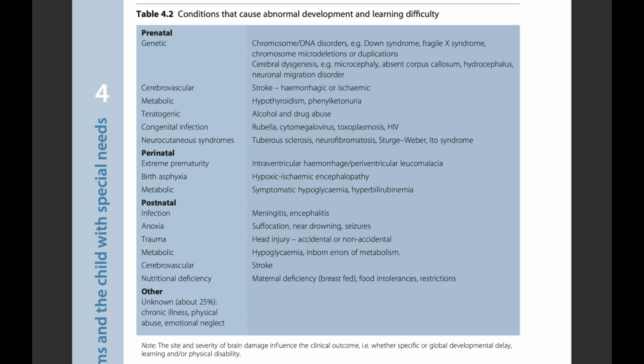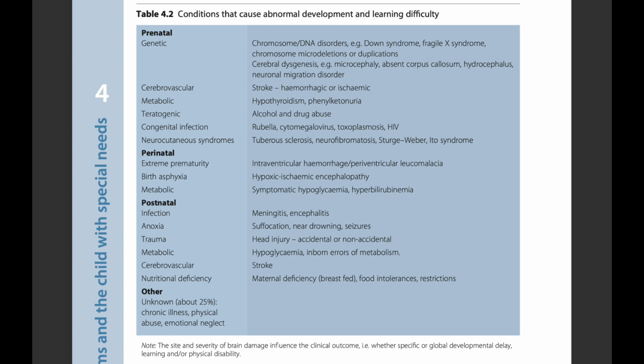Perinatal: extreme prematurity, intraventricular hemorrhage, periventricular leukomalacia. Birth asphyxia, hypoxic ischemic encephalopathy. Metabolic, symptomatic hypoglycemia, hyperbilirubinemia. Postnatal: infection, meningitis, encephalitis; anoxia, suffocation, near drowning, seizures; trauma, head injury, accidental or non-accidental; metabolic, hypoglycemia, inborn error of metabolism; cerebrovascular, stroke; nutritional